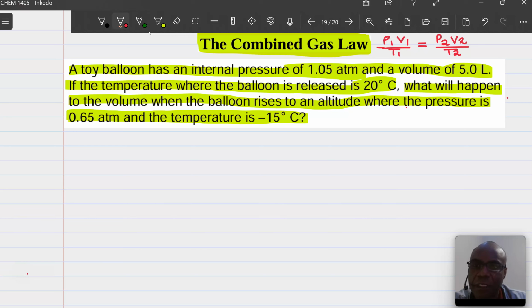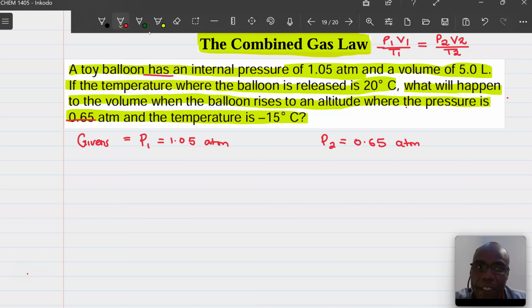As usual, I like to write my givens so I don't forget. My initial pressure is 1.05 atm. Do we have an after pressure? Yes, P2 is 0.65